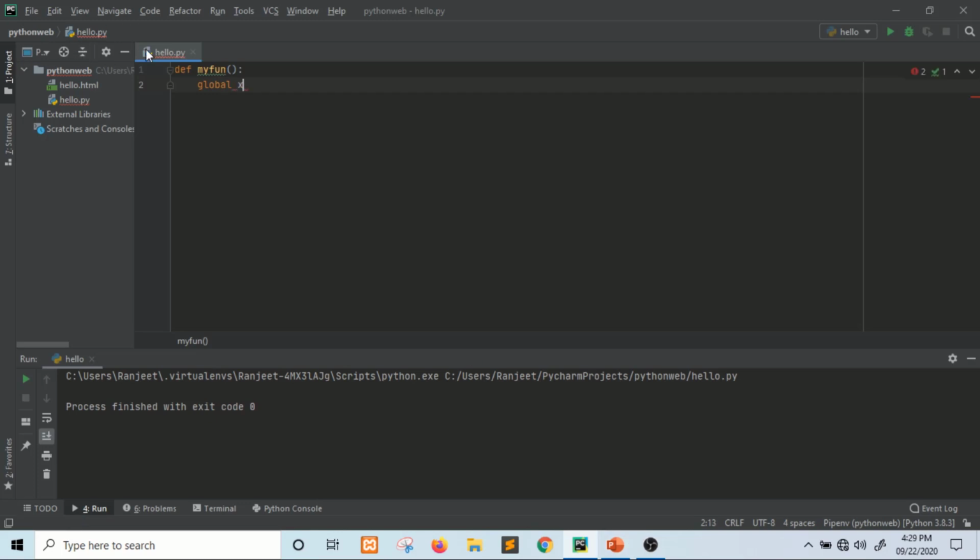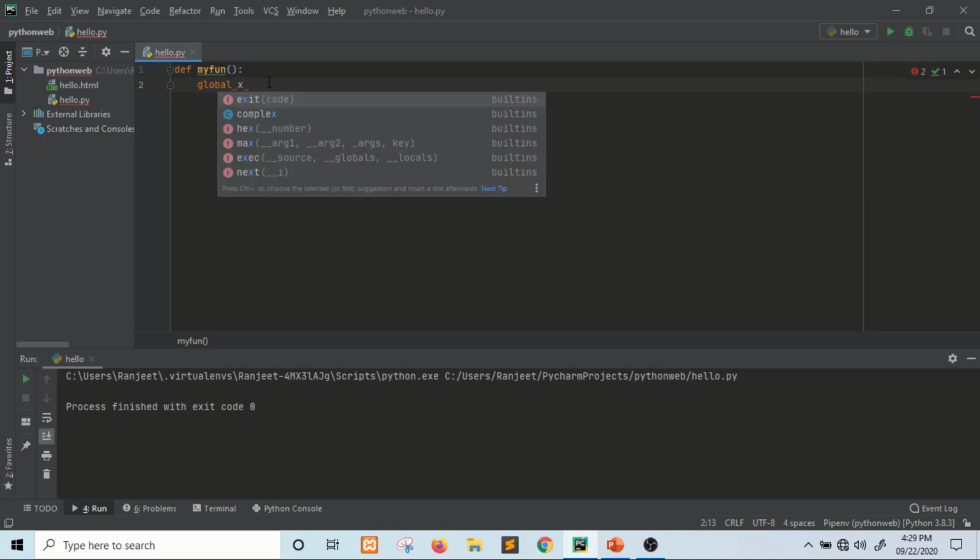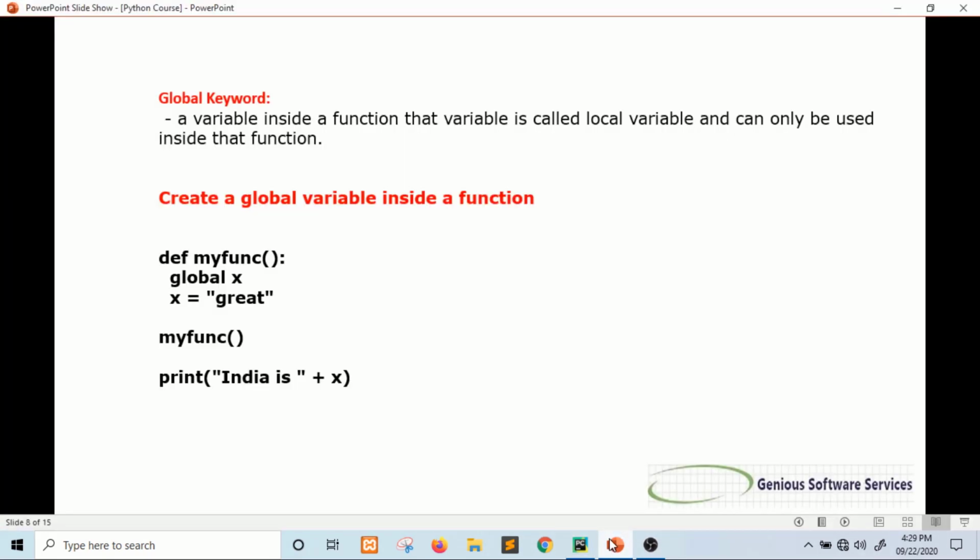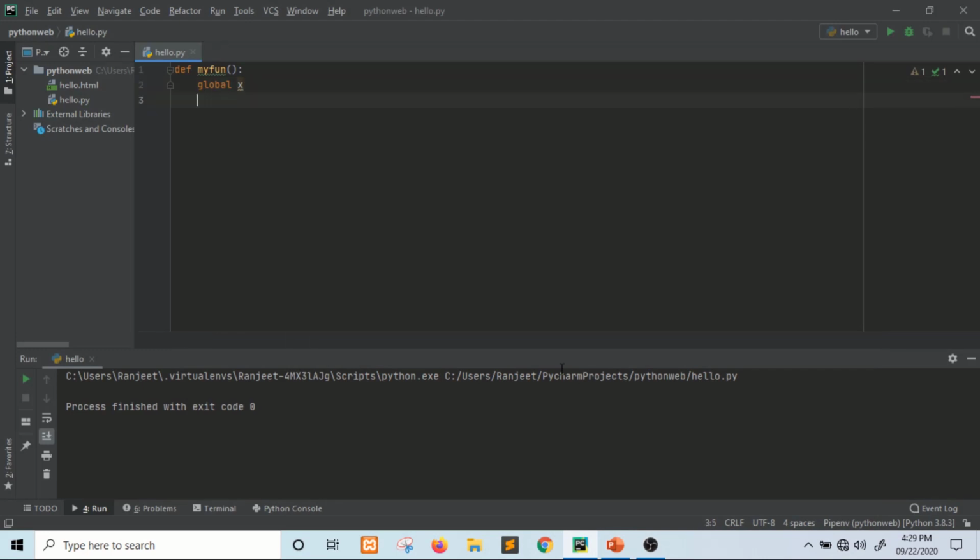So my function is a function. Here we take x as the variable and we define it as a global variable. Right, and next we assign some value to the x. We assign, suppose, great value to the x. Right, after that